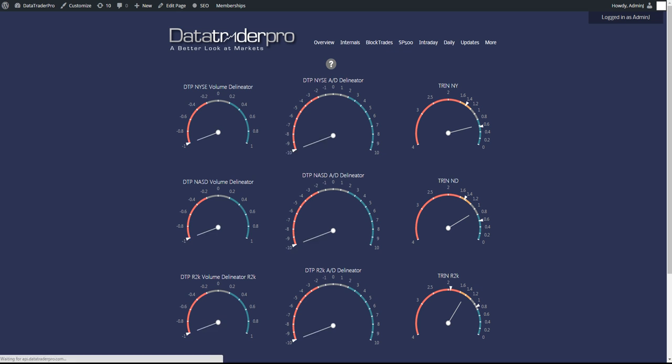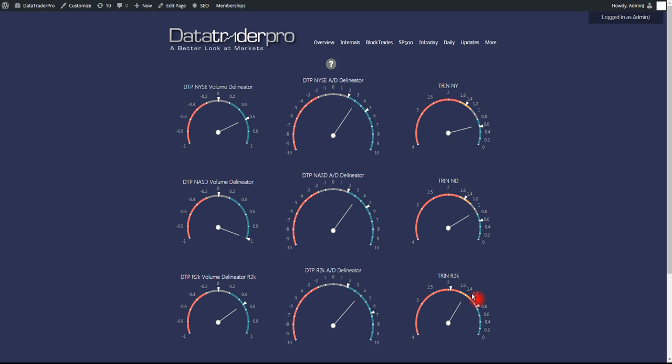So let's look at the breadth just to confirm. You can see that the low of the day and the high of the day are the white triangle markers on the advance decline indicators. We never got into bearish territory today on anything. So bullish right off the get-go, and we stayed in the green all day. The Russell trend was the only thing that gave us a very slight bearish indication today,